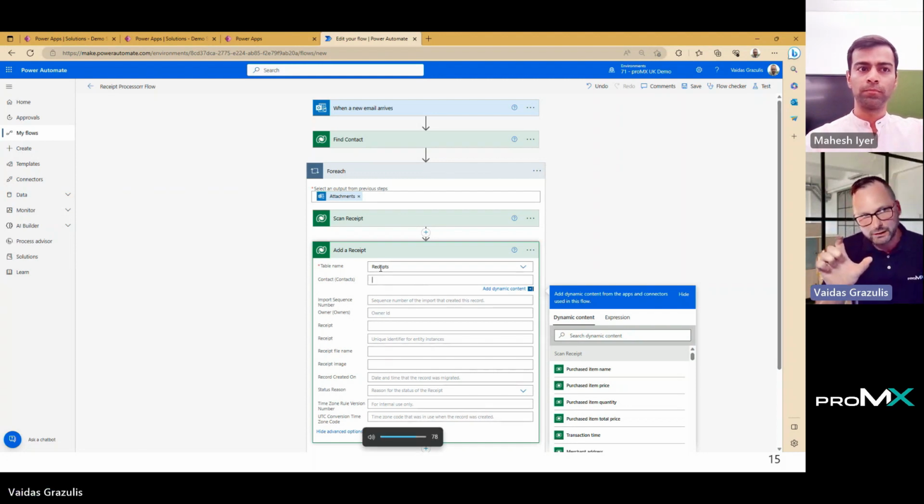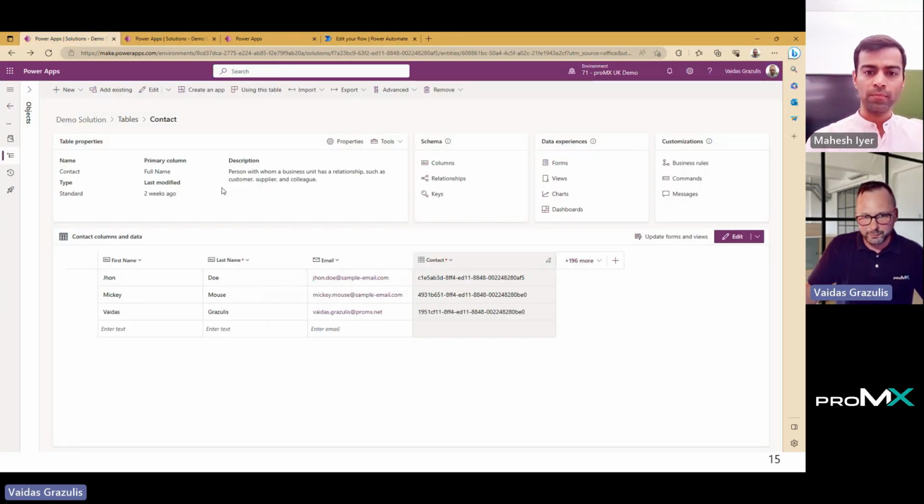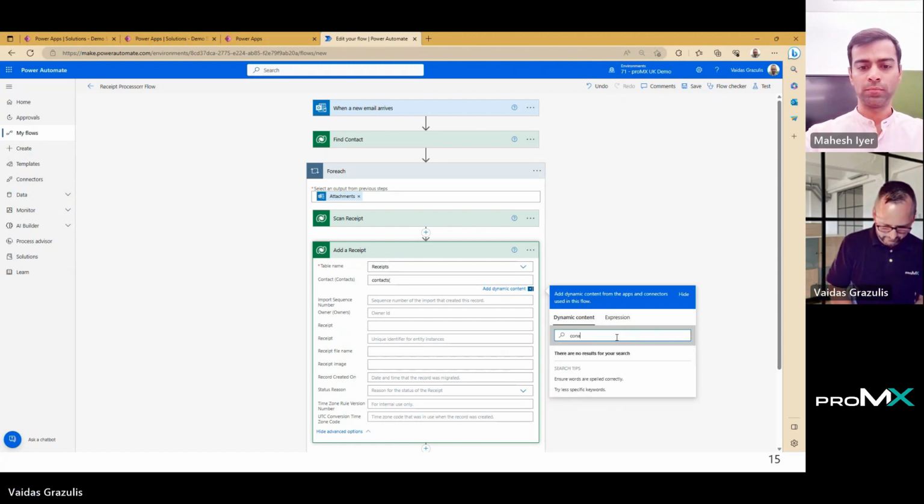Now, passing information to a lookup column might seem a little bit tricky because apart from providing the ID to the step, we need to provide the entity schema name for that as well. So one of the ways to find that is as shown here. If I come back to my table, just go to a tools section here at the top, I can copy set name. Just copy set name here. I can paste it into there. The set name in this case is contacts, and in the brackets, I can paste the contact ID.